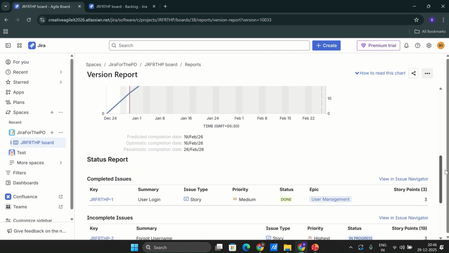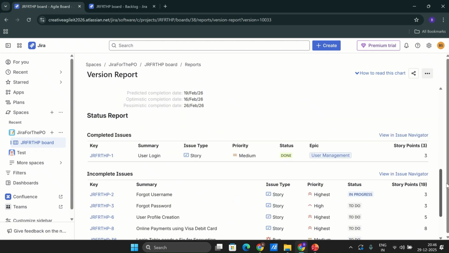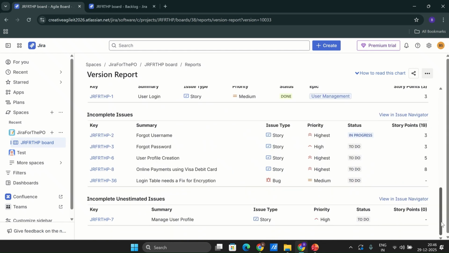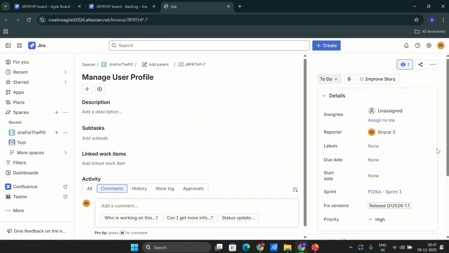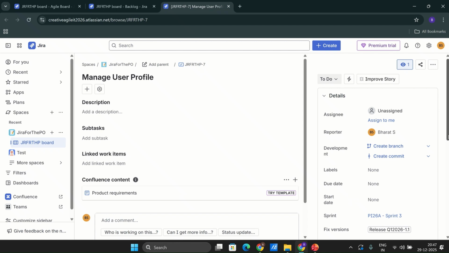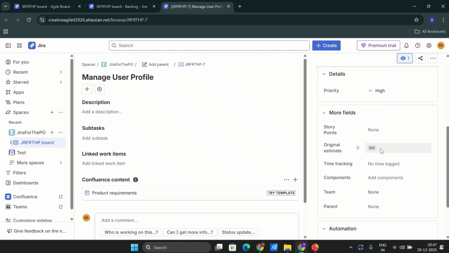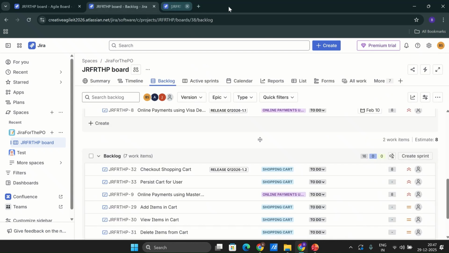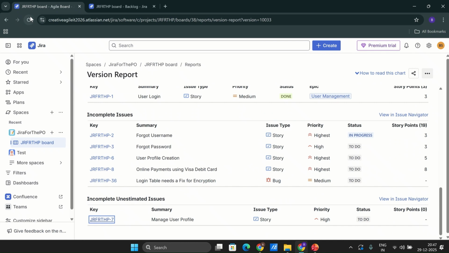So now if we look at it, it is telling us that for our 1.1 very first release for February, we have one user story, which is 3 points, which is already done. And we have these incomplete issues. Okay, and it is telling manage user profile has not been estimated. So let's just open this manage user profile and we can set the story points. So let's say this is also 5 story points. So if I have given the 5 story points and again I refresh this one,